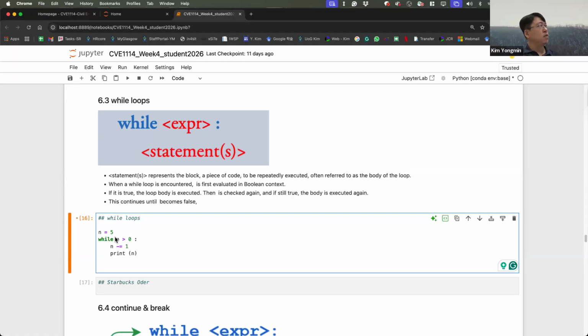Go to here. True, and becomes 2, print 2. Goes to here. 2, true, 1. 1, still true, print out 0, and then 0 greater than 0 is false. And the repeated work just finished.